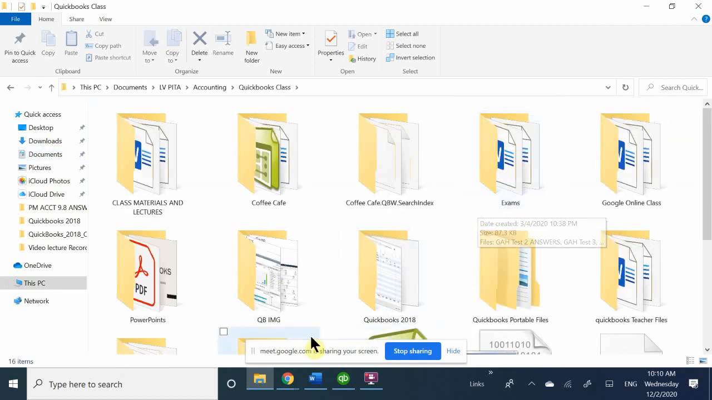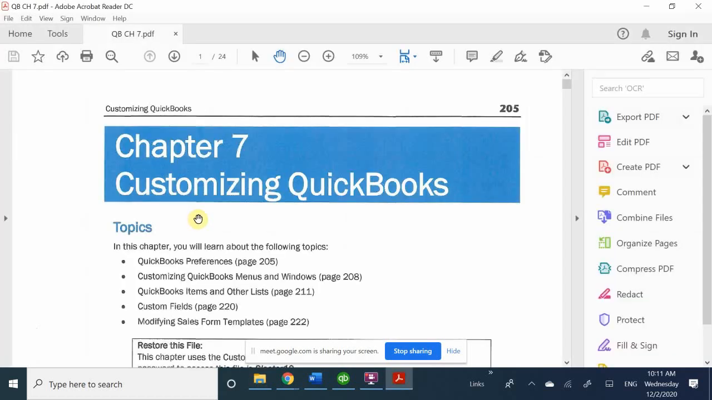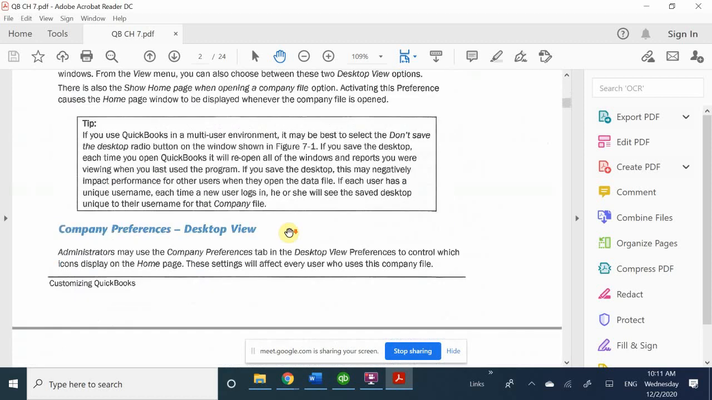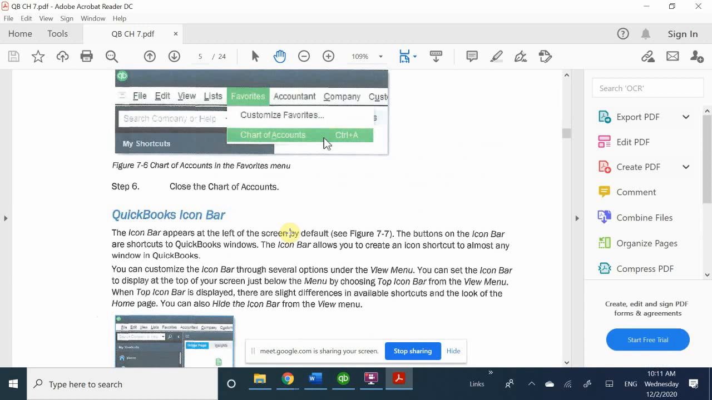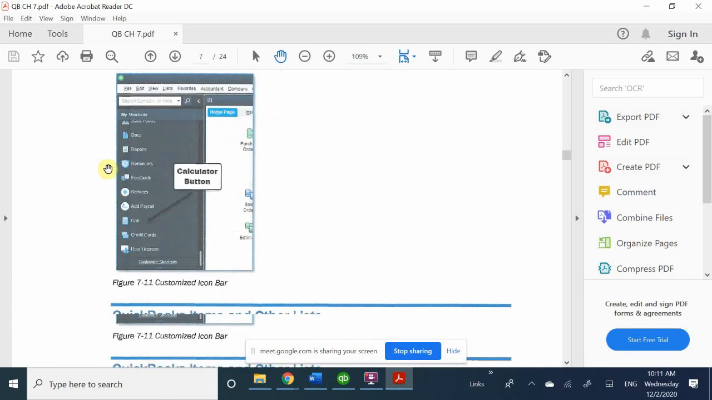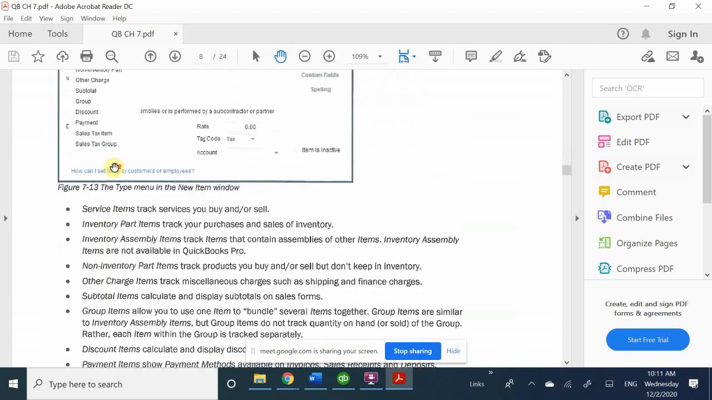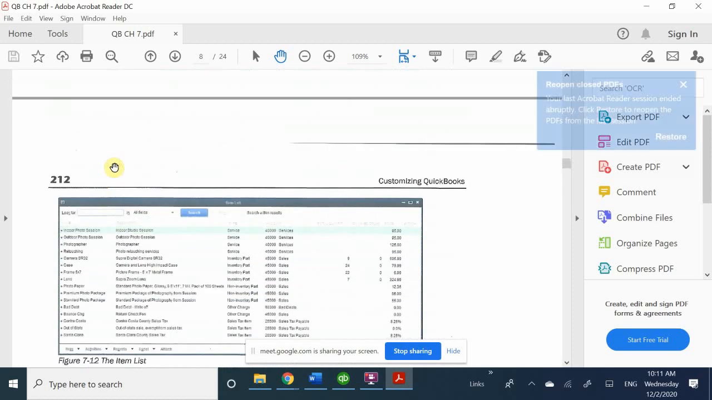QuickBooks. Chapter 7, I said. Chapter 7. Okay. And let me see, where is my items? Setting up lists. Okay, so this is the icon bar. Sorry if I'm making you guys dizzy. So here you go. Page